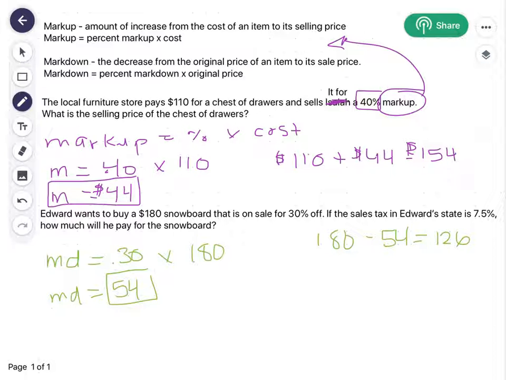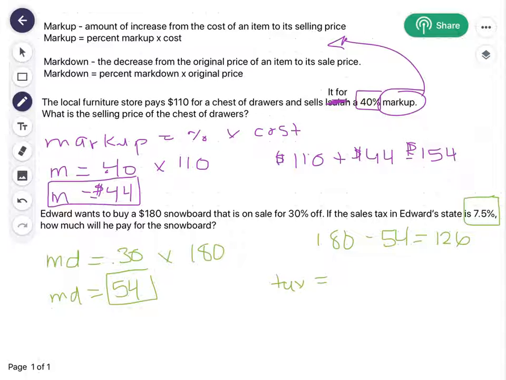Okay, now we have to find this second part. If the tax is 7.5%, how much will he pay for the snowboard? So we should all know that tax is added to the price. So it's just like a markup. So if we put tax, you could put markup there if you want, but we're going to put tax equals